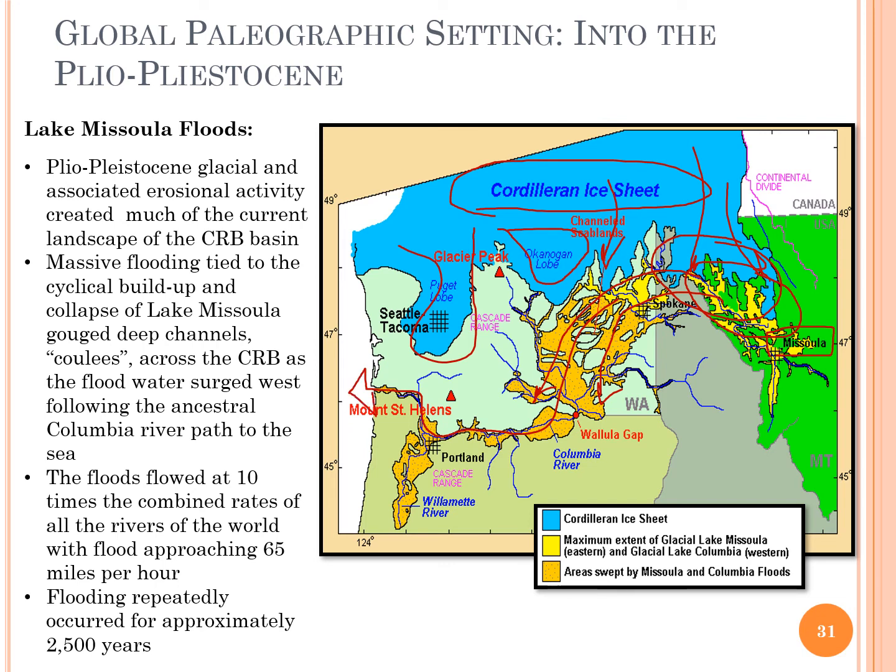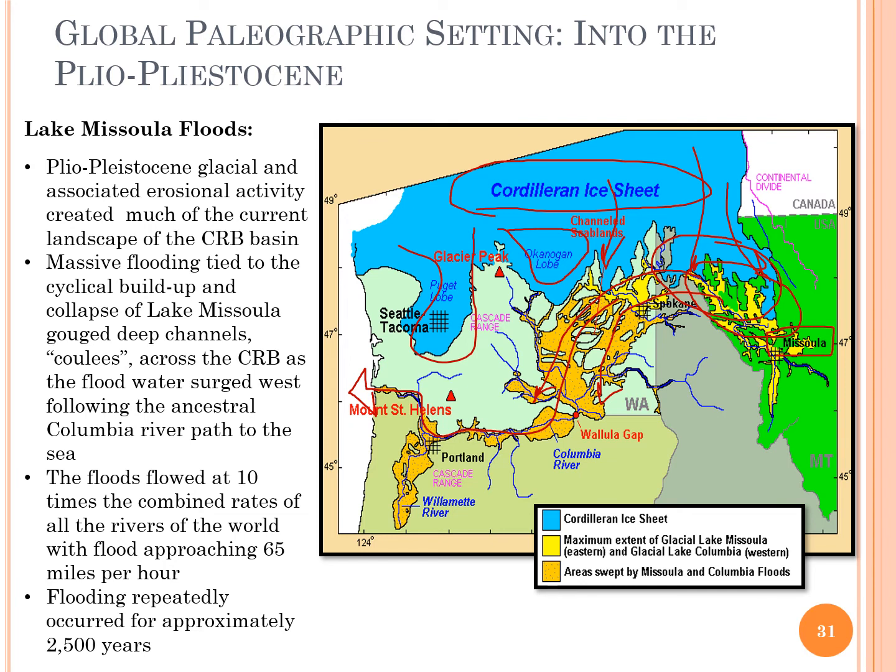Now, what that did is it carved or produced deep channels into the Columbia River basalts that we see today, as a series of deep channels or coulees, as they're referred to in the geology of eastern Washington. And that resulted in flow rates by some of these floods, sometimes approaching 65 miles an hour. And these lakes were so large and the floods occurred so quickly that at times it might have resulted in